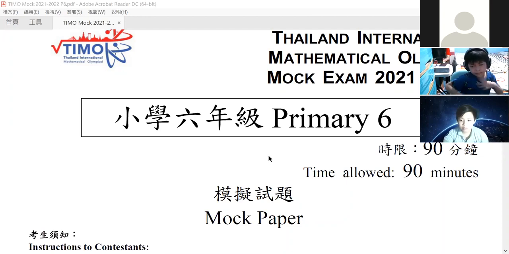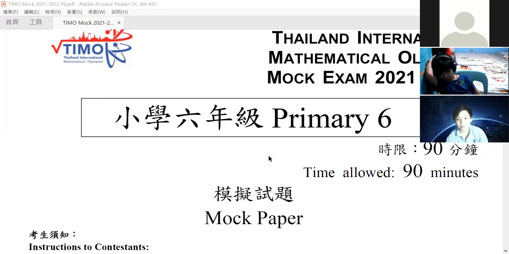This is just the same as the real examination. So just one thing to remind you is that you have only 3 minutes to finish each question. So time is of the essence. And if you have no idea how to solve the question at the first glance, it is better for you to just skip the question and go to the next question.